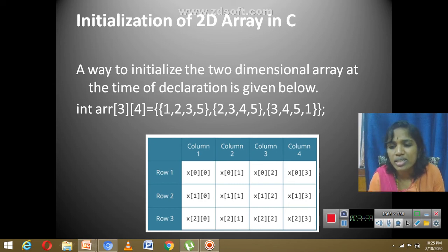So I'll just tell you a simple example for reading and writing the values onto the screen.